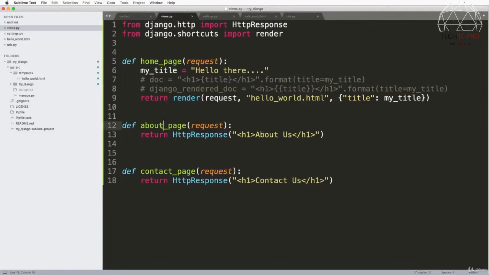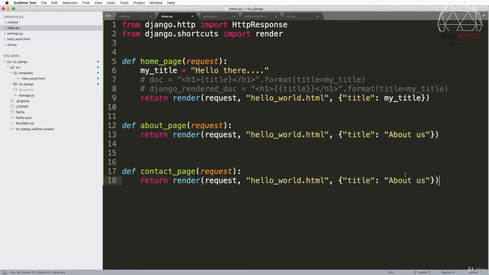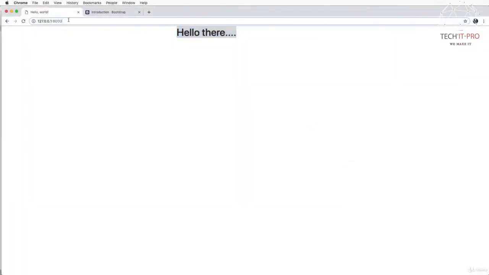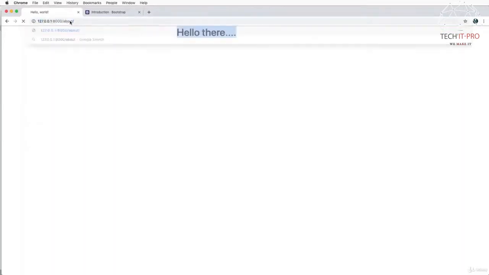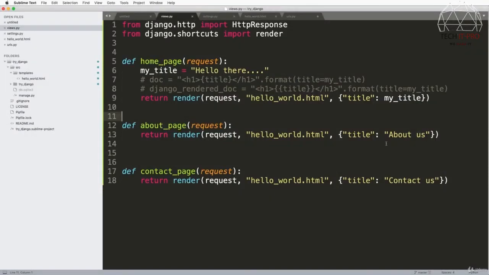Cool. So that means that my About and Contact page can do something very similar. So let's do that. And this time I'm just going to go ahead and pass the title here, About Us, and also pass it down here, Contact Us. Okay, so now what I've done is rendered context inside of a Django template. That's what it's called. So if we go to About, it says About Us still, or if I change it just to About,